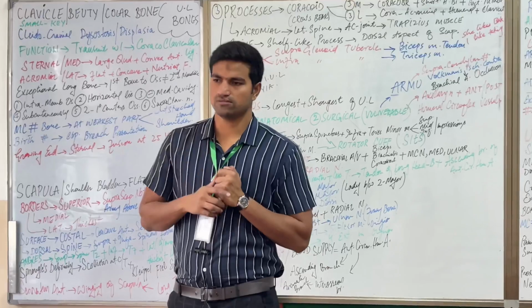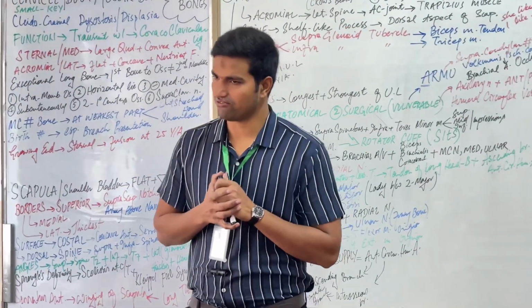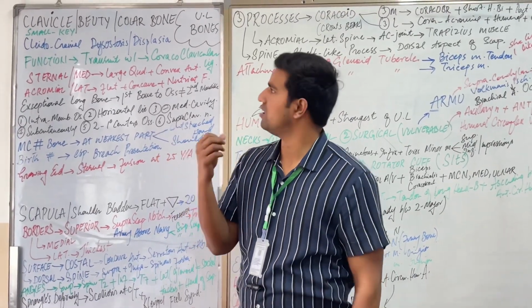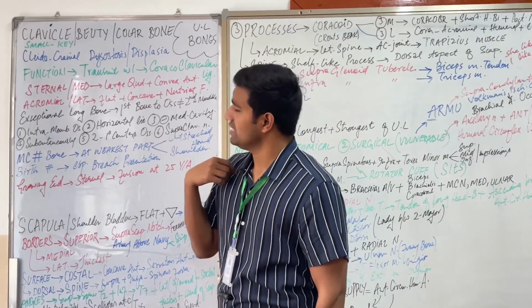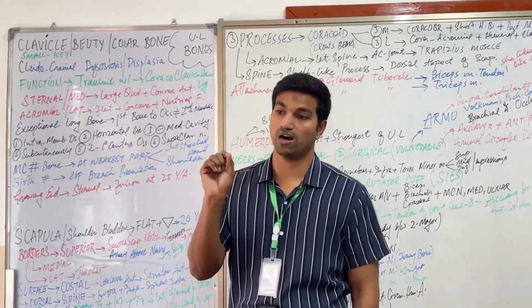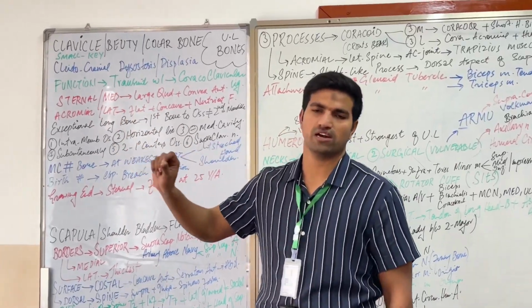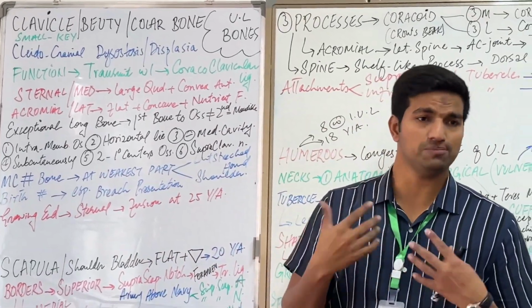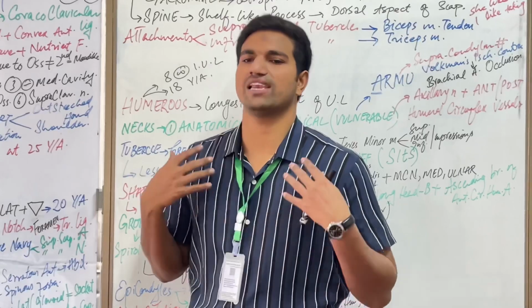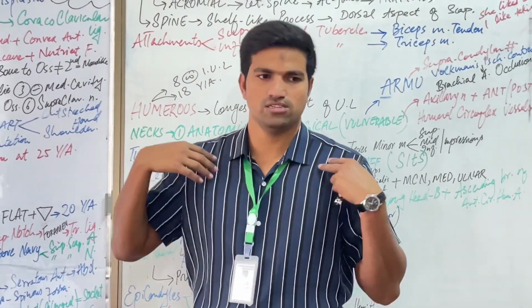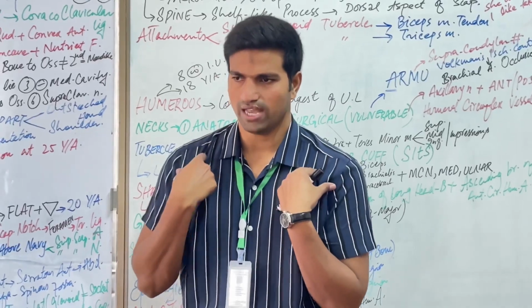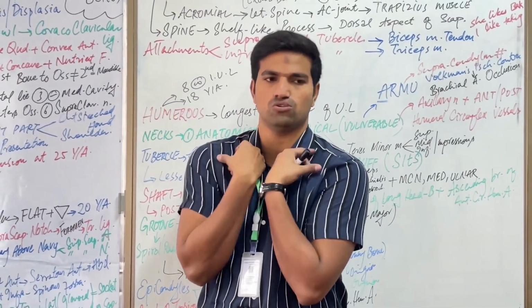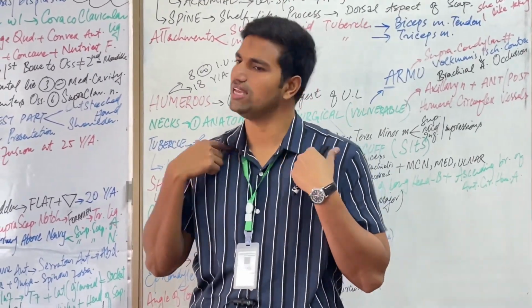This is the first bone to ossify in intrauterine life. Another name for the clavicle is beauty bone, or it is also called the collarbone. It is a Greek word meaning small key. Then there is a syndrome we have talked about, cleidocranial dysostosis or cleidocranial dysplasia, in which there is absence or incomplete growth of the clavicle, and due to absence of the clavicle, the shoulder will droop down and come in front of the chest.